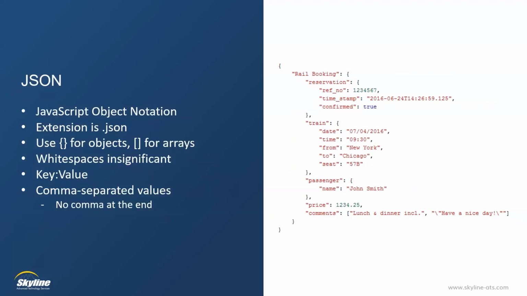That's where a lot of people will make a mistake, and there are a lot of tools on the internet that you can use to validate your JSON just to make sure it's correct. A lot of times people will put commas at the end of everything, and you just don't need it. You need it at the end of everything except for the very last value within each object.